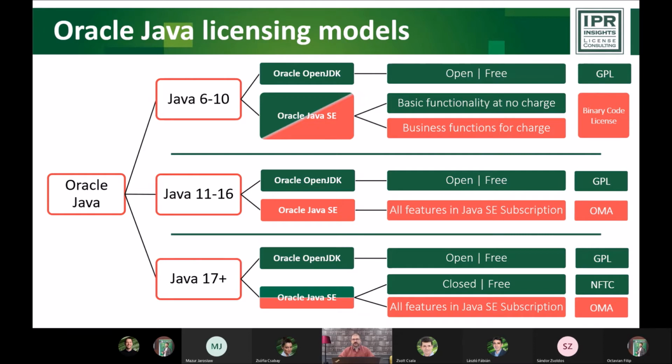And there are some business functions in the Java package that were only available if the customer had a license for it. In the old days, there was a perpetual license that could be purchased, and there was no subscription back then. And well, working with our customers, I haven't seen many customers purchase these licenses. It wasn't something that was frequently used. Fundamentally, the functionality that came at no charge was and is sufficient for normal operations. So there's basically no need to purchase that license.